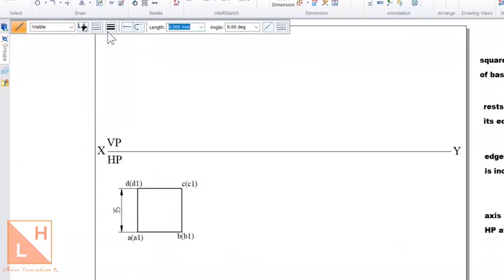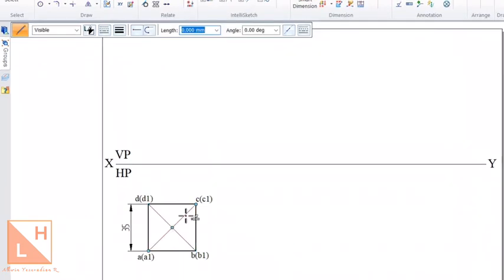But the axis length will always be measured from the center of the polygon. So identify the center of the polygon using a thin line by drawing diagonals here. So this will be the center of the square, and remember these two lines are to be drawn with thin lines. Only the border has to be drawn with a dark line. So now this is the center of the prism.